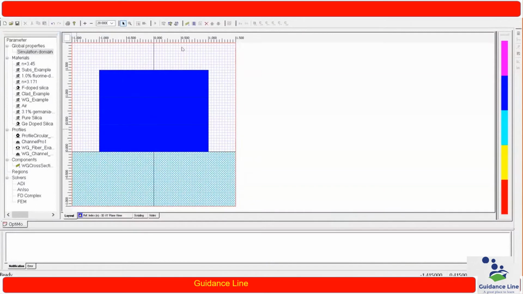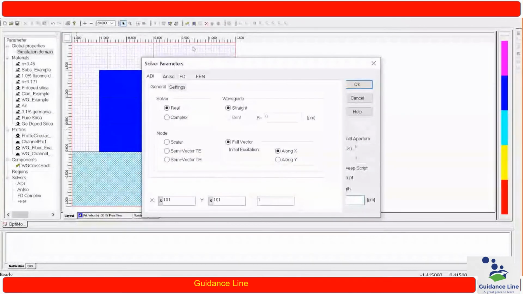Okay, so in the ADI method we have different parameters over here. We simply make the number of modes as 2, because we are interested in knowing the TE and TM modes. So the two fundamental modes we want to analyze.